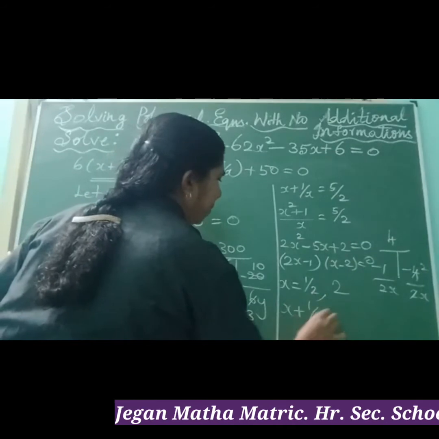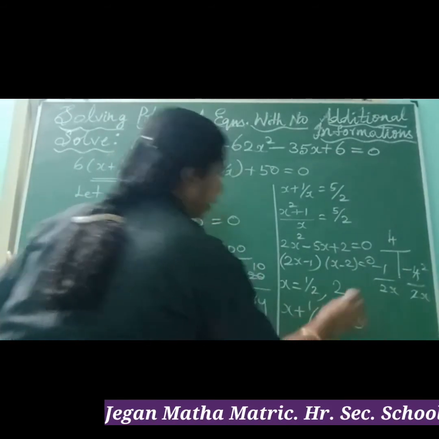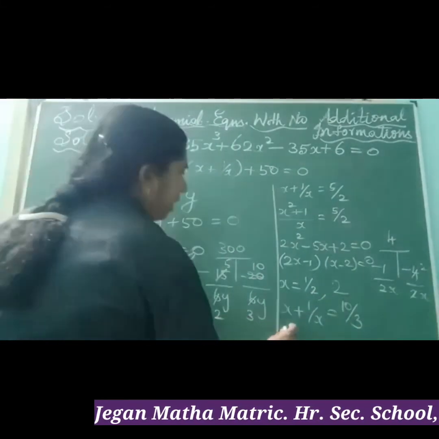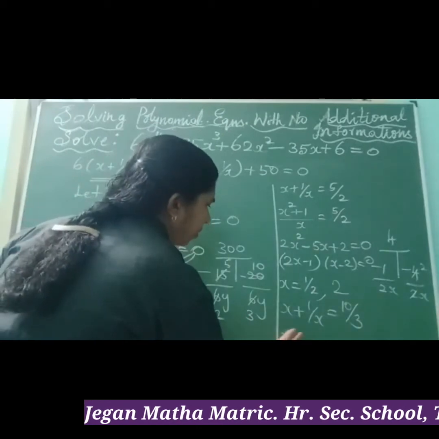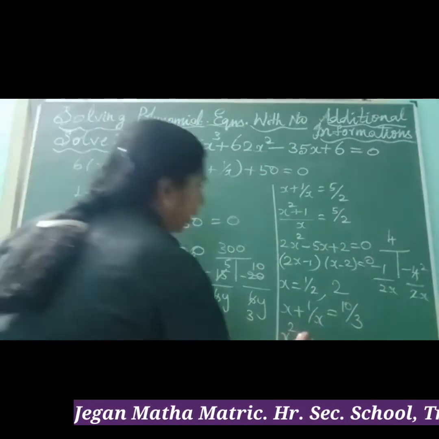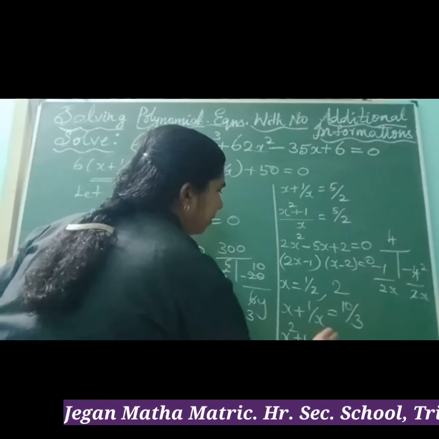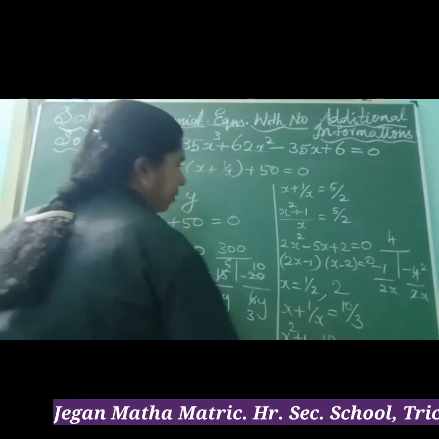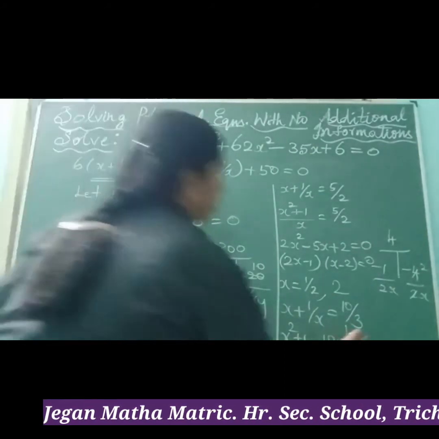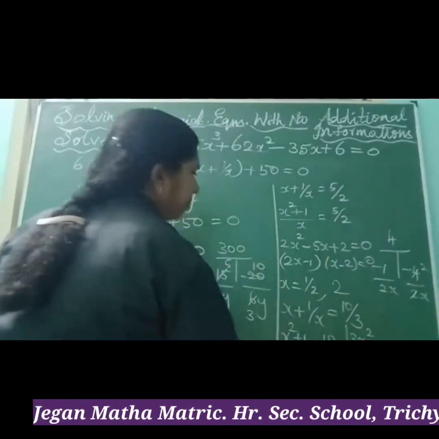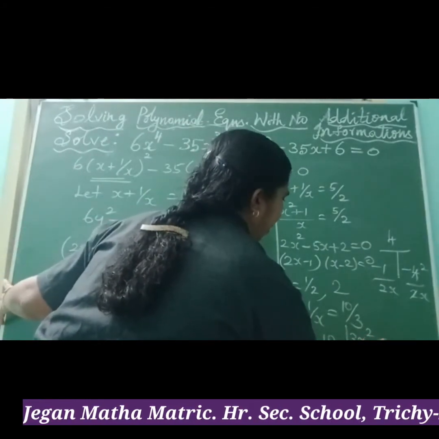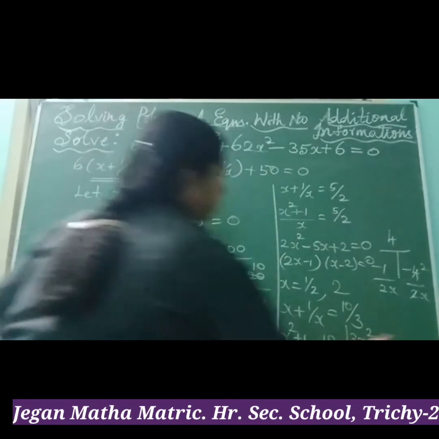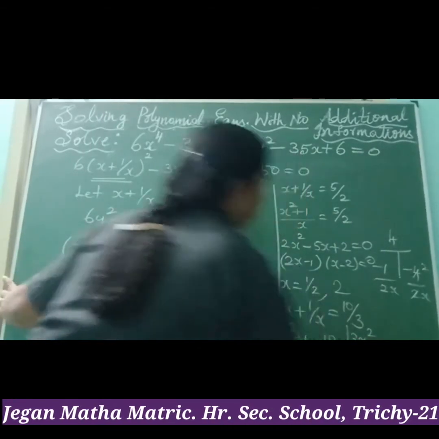x + 1/x = 10/3. When you are solving, we get (x² + 1)/x = 10/3. That is 3x² - 10x + 3 = 0. Here also